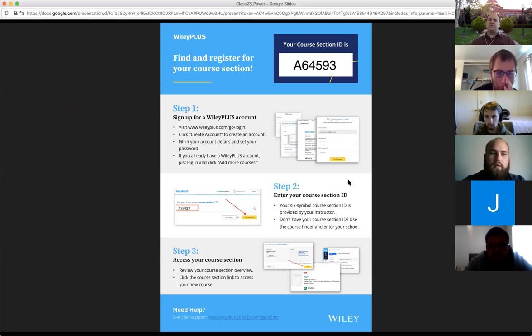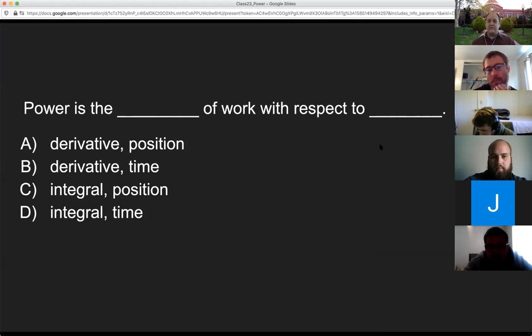One more thing I wanted to show you. I emailed this around. This is the flyer for how to actually get into Wiley Plus. Please let me know if you have any trouble with that. Again, I expect their tech support is probably a little overwhelmed at the moment too, because they made their service completely free to everybody last week, which means they're probably dealing with a big change as well. All right. So now we get to actual physics.